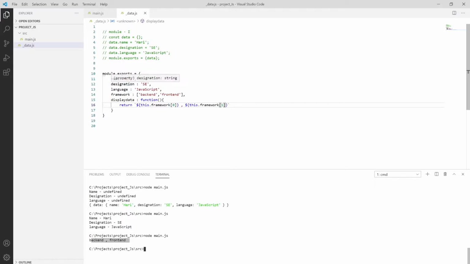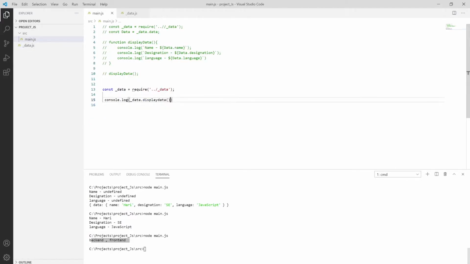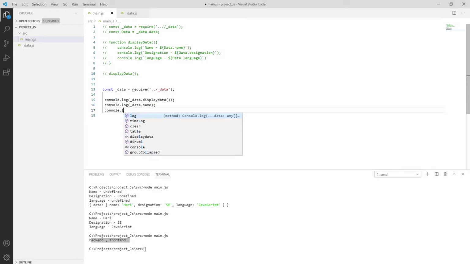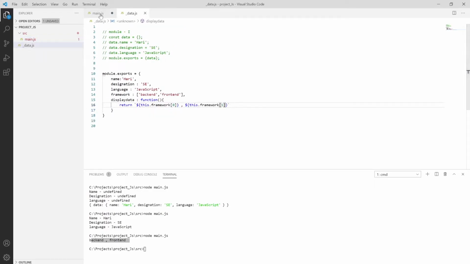We can also access this name, designation and language using the same statement, which is console.log over here, which is _data.name, or console.log _data.designation.